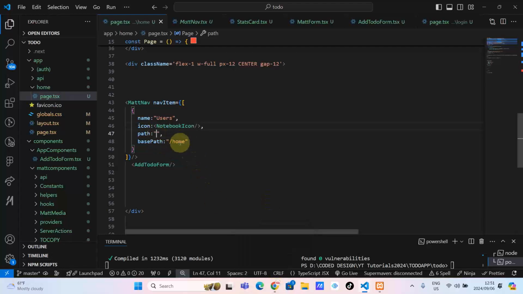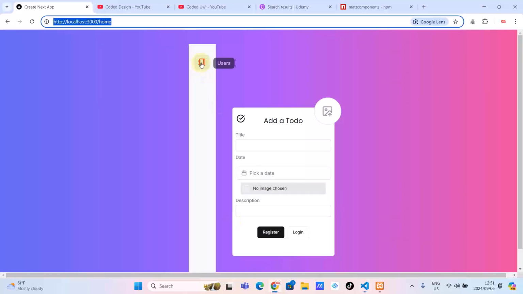Okay, so it knows that it's in home, meaning that this becomes red. So with that being said, let's think in terms of this application. In terms of this application, our home